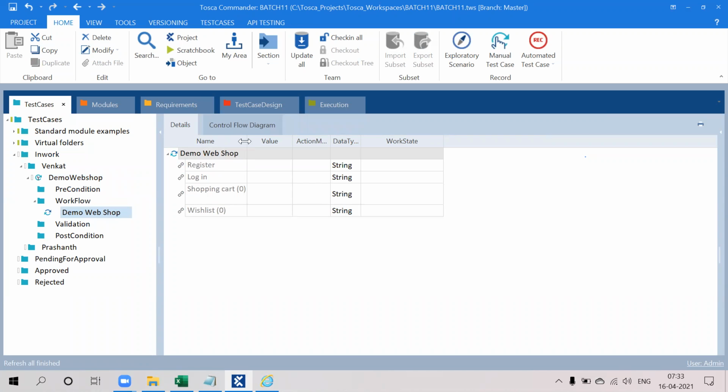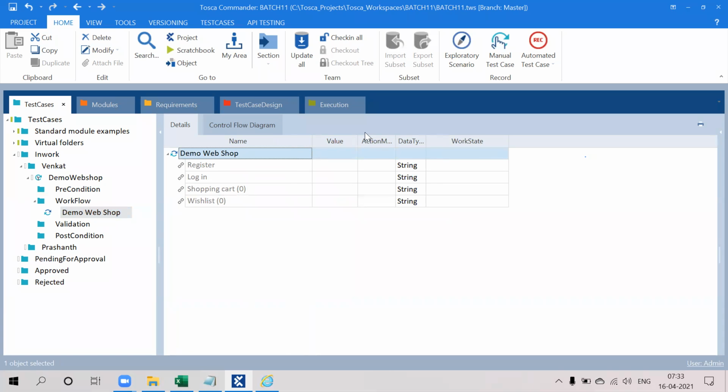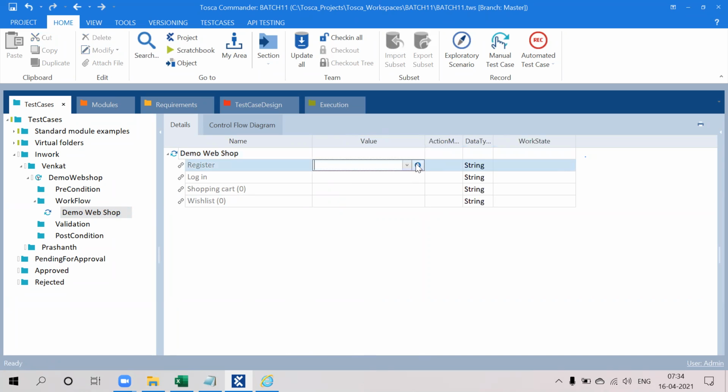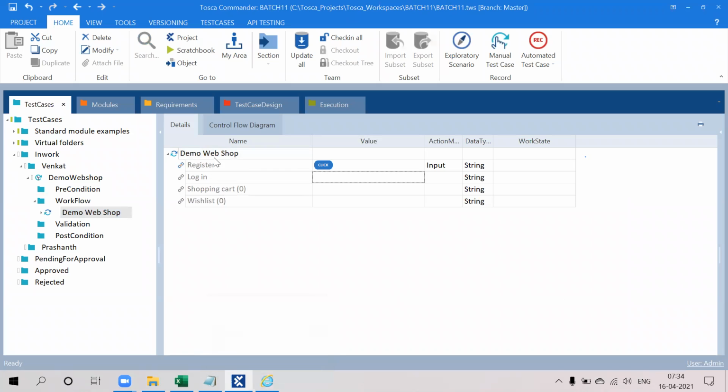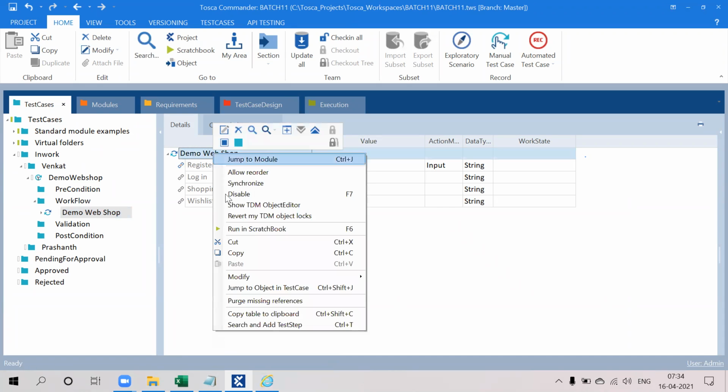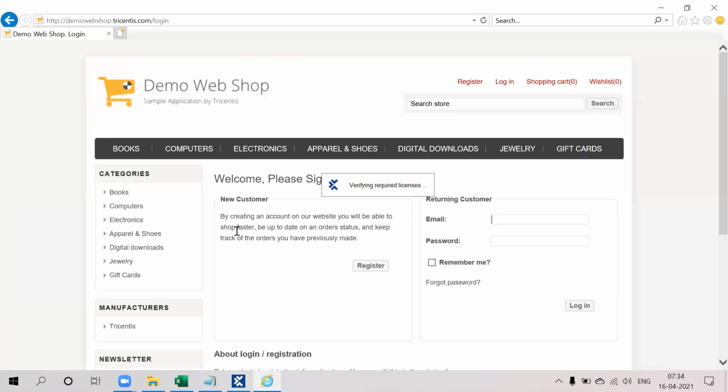Simply drag and drop the test case. If you want to click on the register link, you just select click. That's it. Whenever I run this application, it will go and click on the register page.